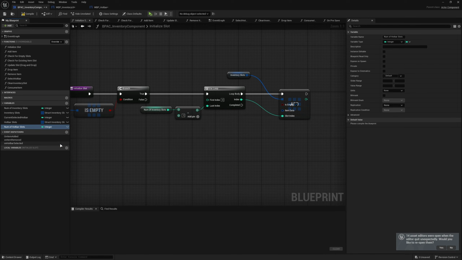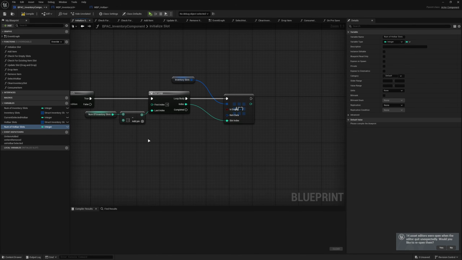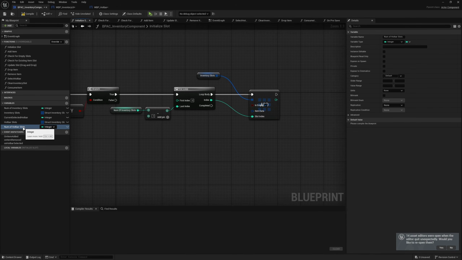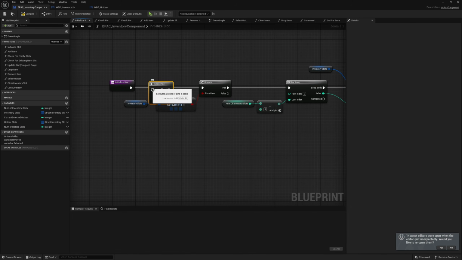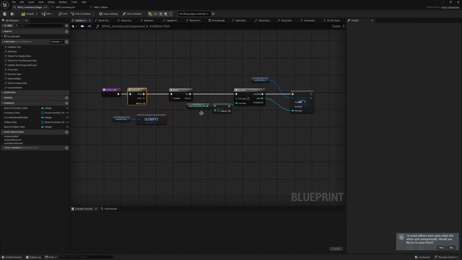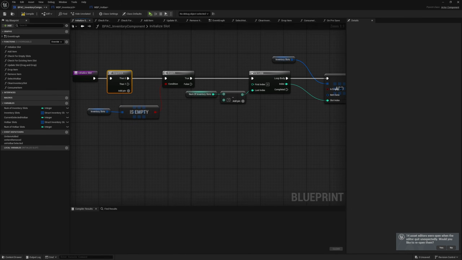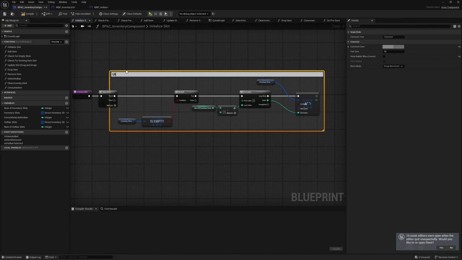So we initialize the hotbar and the inventory inside this inventory component instead of having it on the hotbar, having it on the inventory UI. I think that makes sense here. So num of hotbar slots. From this input, we're gonna have a sequence and just plug it there. For the then 0 is gonna be the inventory, and the then 1 we're gonna make a hotbar. So initialize inventory array, slots array,